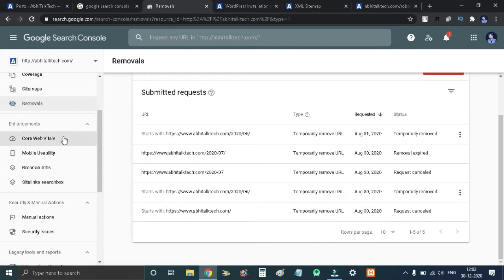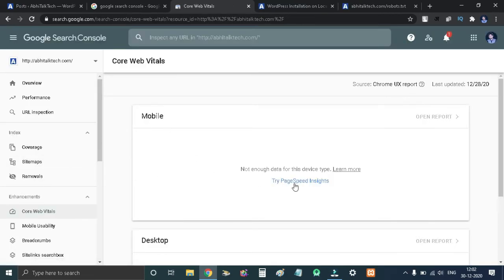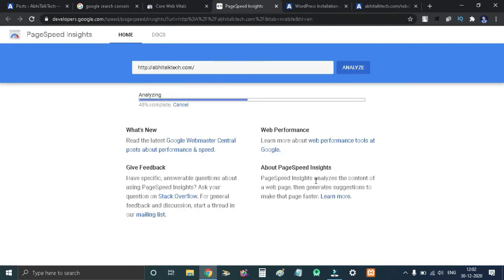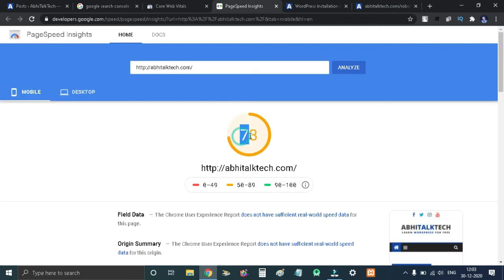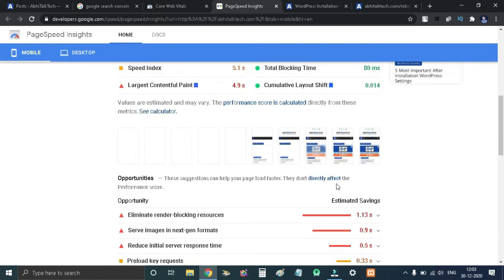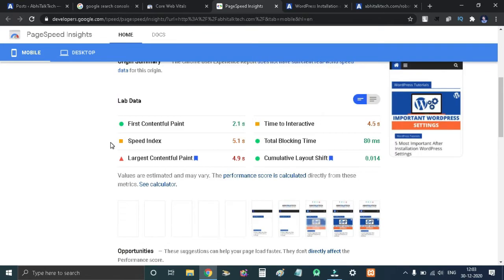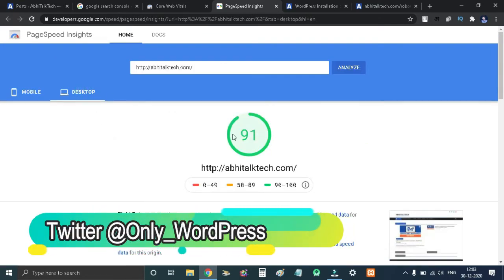Next thing is the enhancements, and the first one is the core web vitals. In the core web vitals, the first one is the mobile page speed, desktop page speed. You can check it here. Just simply click on check speeds and it will analyze the speed of your website on both desktop as well as mobile. On mobile, your website got this page speed score. There are improvements needed, and what improvements are needed are given here. Simply follow these steps and you can improve your website's speed on mobile. To check on the desktop, just click on desktop, and on desktop your website got a 91 score, which is a good score.